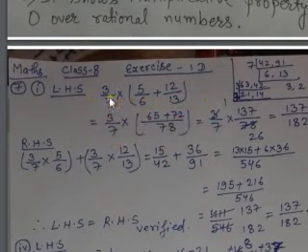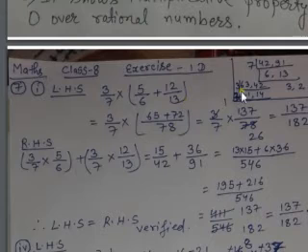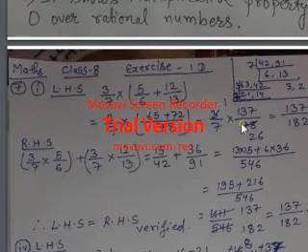In LHS it was 3 by 7 into 5 by 6 plus 12 by 13. What we have done, we have taken the LCM of 13 and 6. They are co-prime, so they are multiplied. 78. 78 divided by 6 becomes 13, and 13 into 5 is 65. In the same way, 78 divided by 13 is 6, and 6 into 12 is 72. So when both are added, how much will it become? 137 by 78 and 3 by 7. So what will happen? When we divide 78 by 3, we get 26. So it becomes 137 by 182.